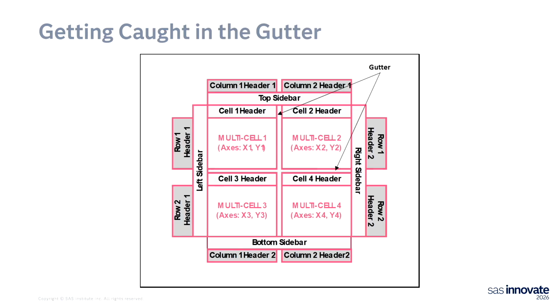So before we do that, what I like to call it is, you don't want to get stuck in the gutters, and so we have to understand what this concept of gutters is. When you have a multi-cell graph, you're going to have these little spaces between each of the cells. That's referred to as your gutter. How much space do you want between those graphs? And so you want to account for that. Sometimes you want those graphs touching, you want no gutter. Sometimes you want some space and you want to add a little bit of a gutter there.